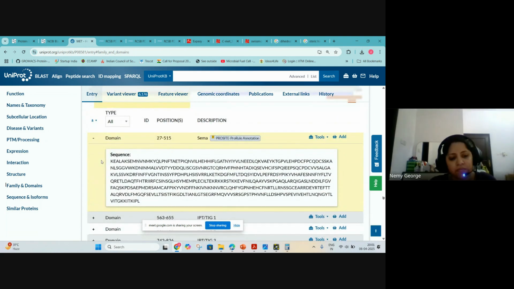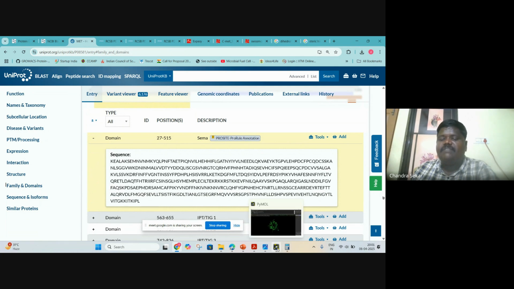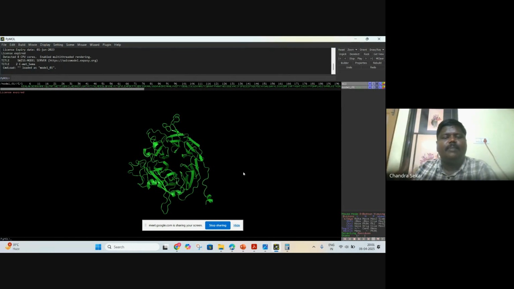That case will come when we are checking the interactions. Or it's simple math. If the model starts at 1, we can start with 27, so we have to add plus 27. If I'm taking 150, what does it refer to? Add 27 and the number will come: 177. Like that, we can do simple math. But if you want it as it is, we also have methods to do that, but that is not an issue here.